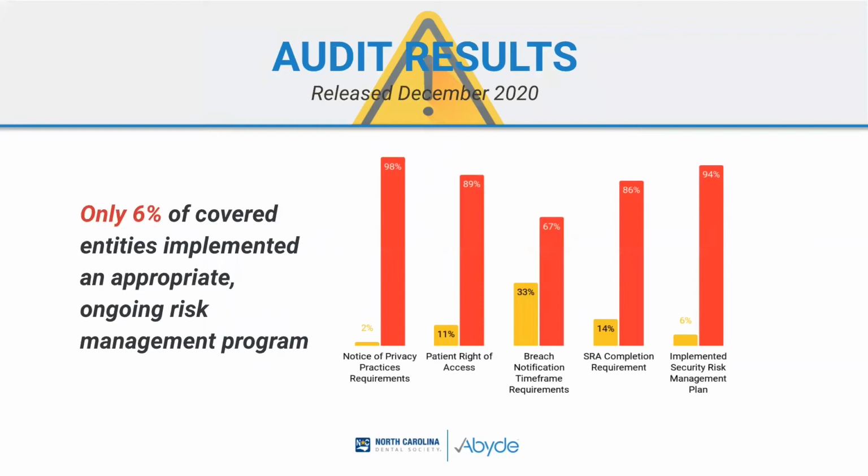So these results of the enforcement trends, just released this past December, show some good news, but also bad news. Good news is it shows that less than 6% of covered entities actually have an appropriate, government standard-meeting ongoing risk management program. It's a pretty staggering number when you think about just how much patient data is out there, potentially unprotected, without the required HIPAA safeguards in place. The bad news is the government understands this. They recognize practices aren't meeting these minimum requirements, and they're going to continue focusing these efforts on these areas of